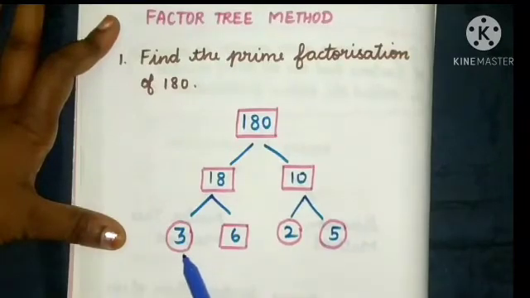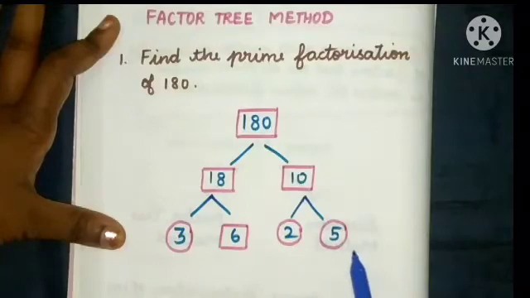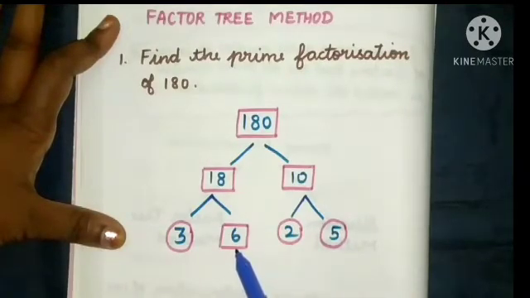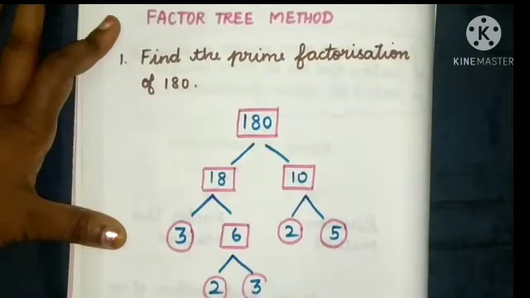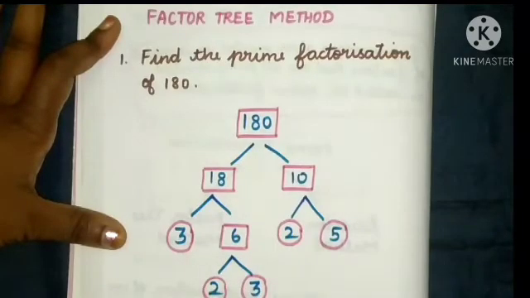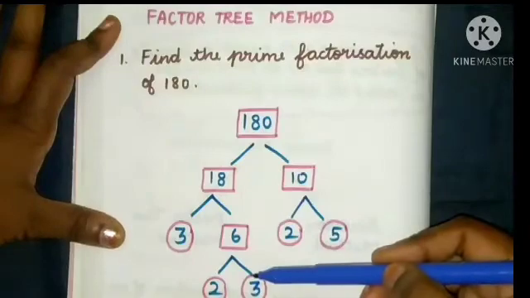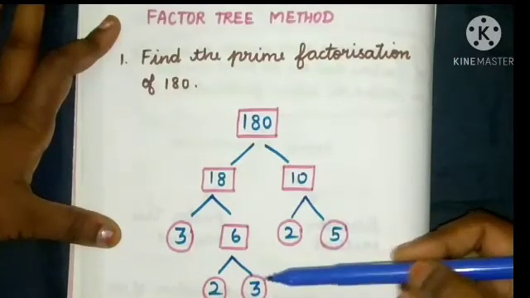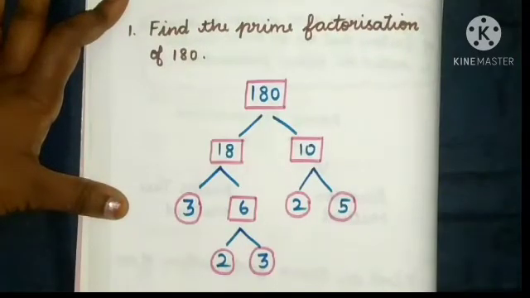Here all the numbers 3, 2, 5 are prime numbers, but we have only one composite number, 6. 2 and 3 are both prime numbers, so 2 into 3 is 6. Look at all the factors we have got here, prime numbers. Thus, the prime factorization of 180 is